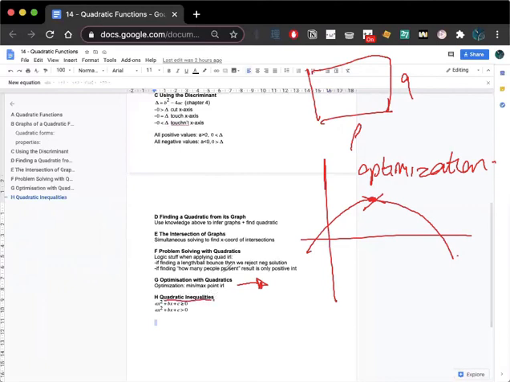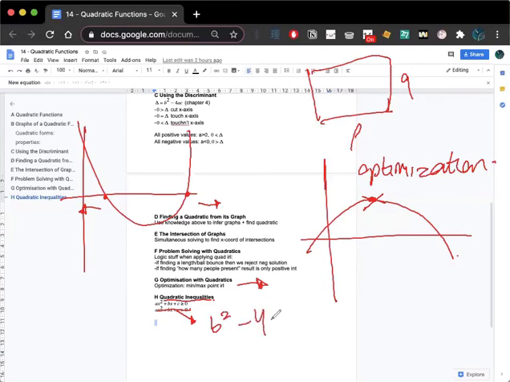Last but not least, we have quadratic inequalities. Quadratic inequalities is basically what you do when you have an equation and then they ask you to find the values. Wait, let me redraw it. The values that are positive and the values that are negative. So how you look for it is you usually try to insert this in the discriminant, b squared minus 4ac. And then after inserting it,